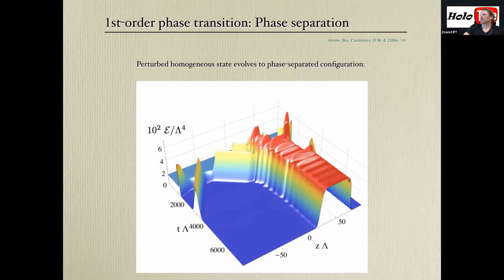But the field theory doesn't know yet about the changes of the size of the horizon, right? Because your horizon is changing over time, and that information cannot travel fast. It takes some time. So indeed, you start back here at t equals 0, you perturb it, you follow the evolution, and of course in the bulk, and also in the gauge theory, you're following some out of equilibrium dynamics, until at very late times, you settle down to something that becomes in equilibrium again. But it's no longer a homogeneous state, it's now a phase-separated equilibrium state.